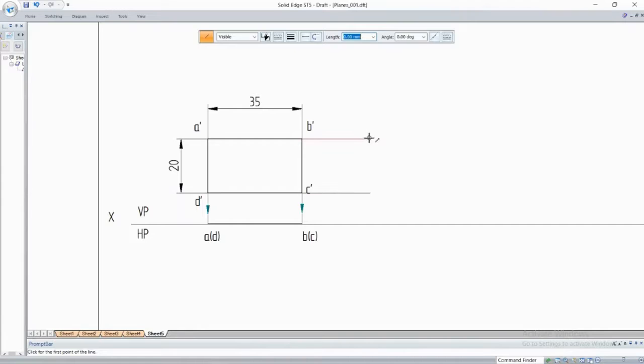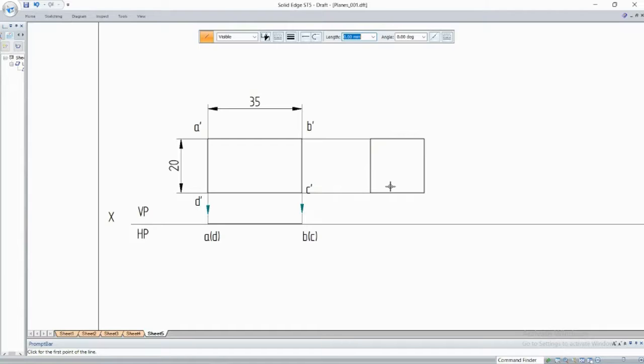and from here, with the thick line, I'll draw a square of 20. With this as a reference, we know this length is how much? 20.